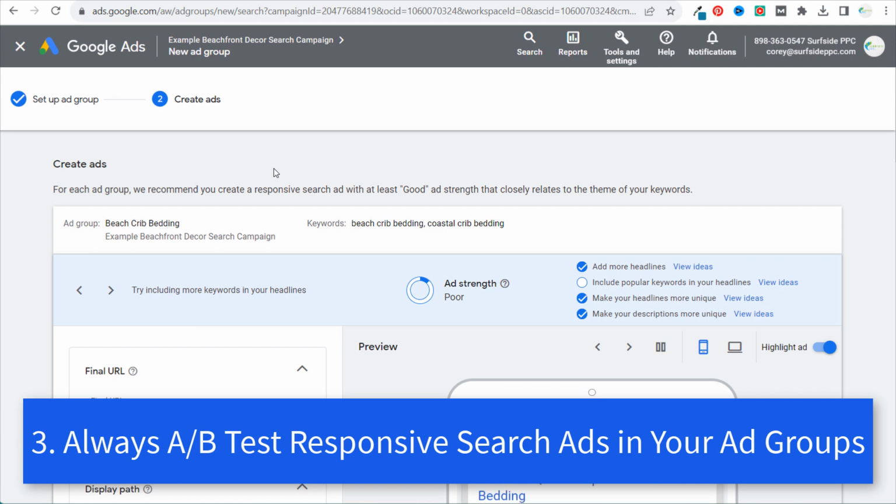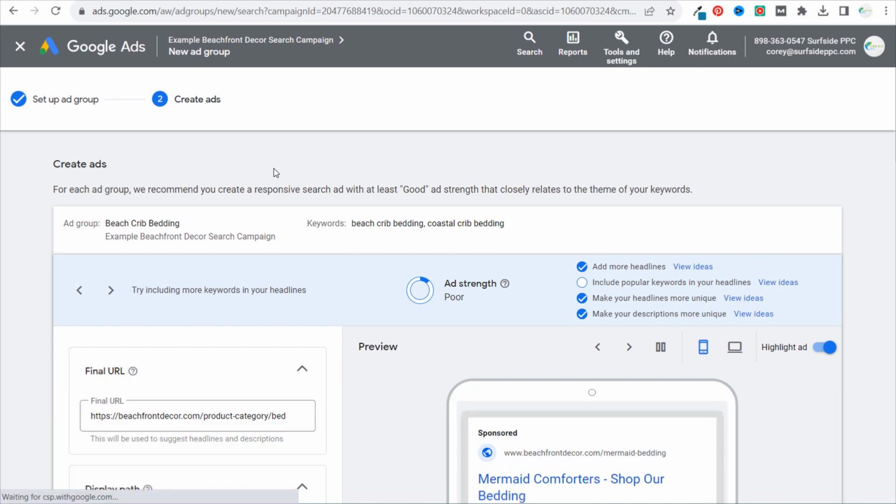So within each ad group, you can create up to 3 responsive search ads. You don't have to create 3 responsive search ads, but basically there's 2 options. You can test 2 different advertisements, make your copy completely different, maybe make the theme of your copy different. So one is focused on some type of offer. Maybe another one is just strictly focused on sales and trying to get someone to purchase something without any offer